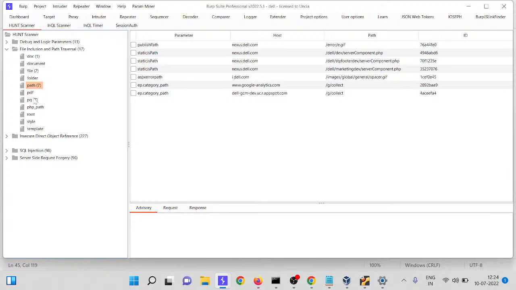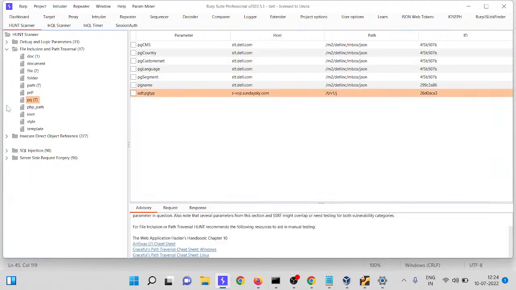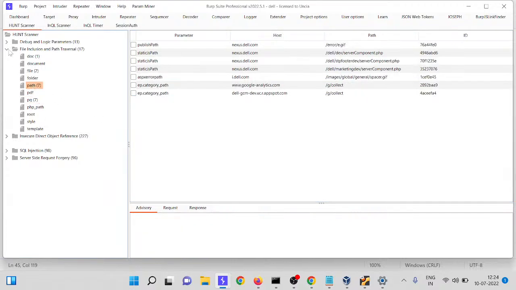It divides each related parameter by vulnerability. For example, you can see the path parameter is divided into file inclusion and path traversal.